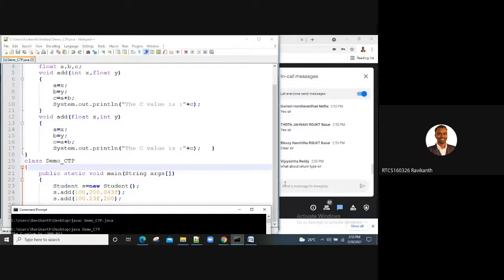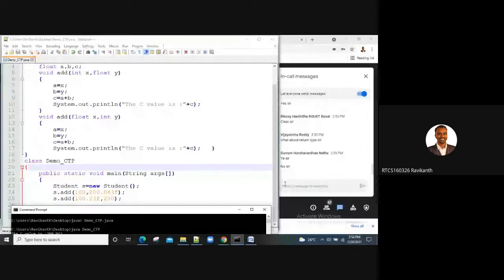No response in the chat box. Operator overloading. Will you do it, guys? Did you try it before? What difference do you see?